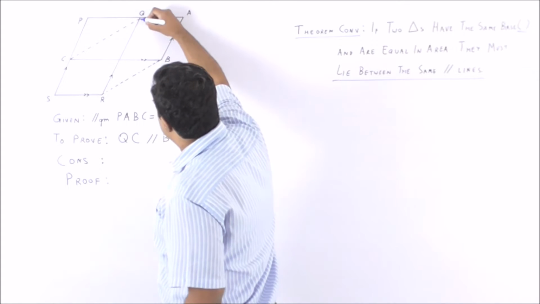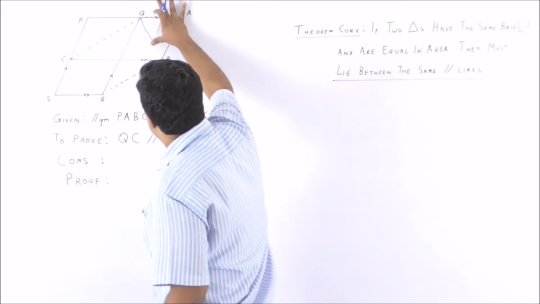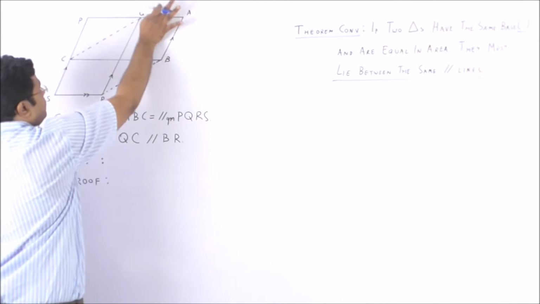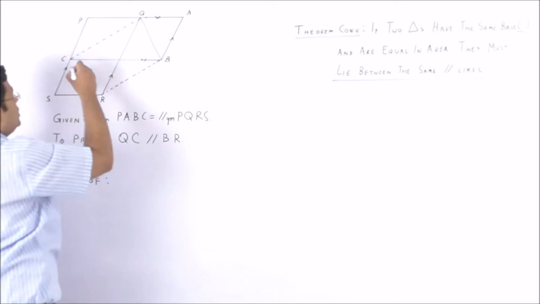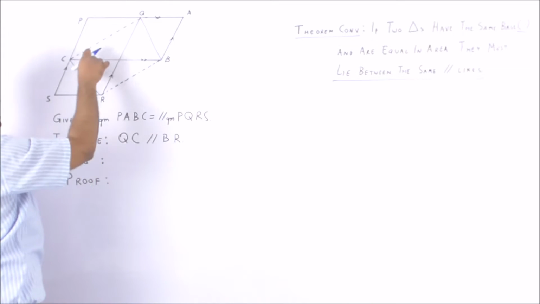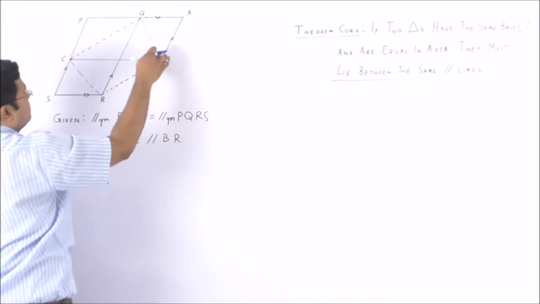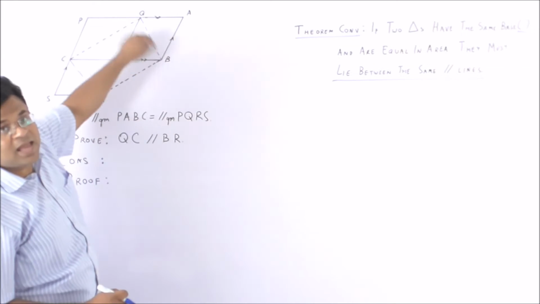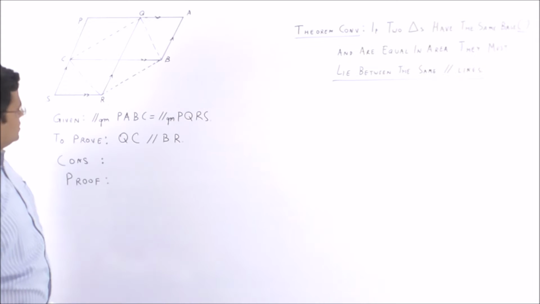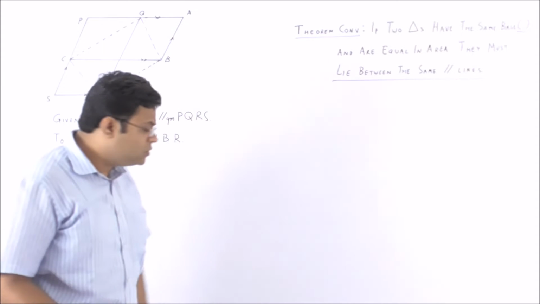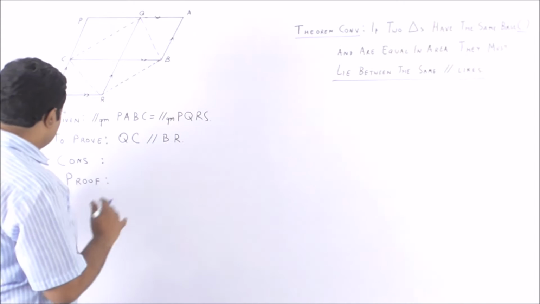The construction is: join QB and CR. Join QB and CR. What can you say? Once we have joined,